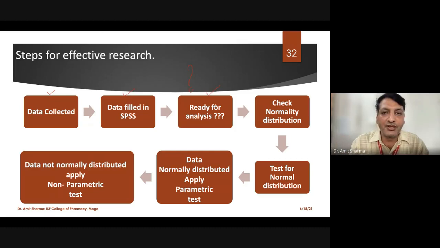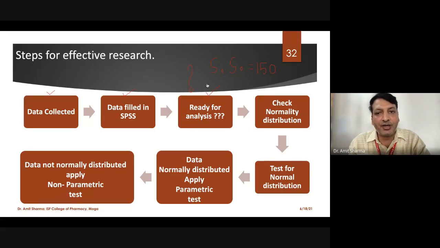Now, what does it mean? For example, in most human research, whenever we have human participants or animals in our experiments, we have one term called sample size. We have to calculate the sample size. For example, I'm conducting a research and my sample size is 150, either animals or human beings.